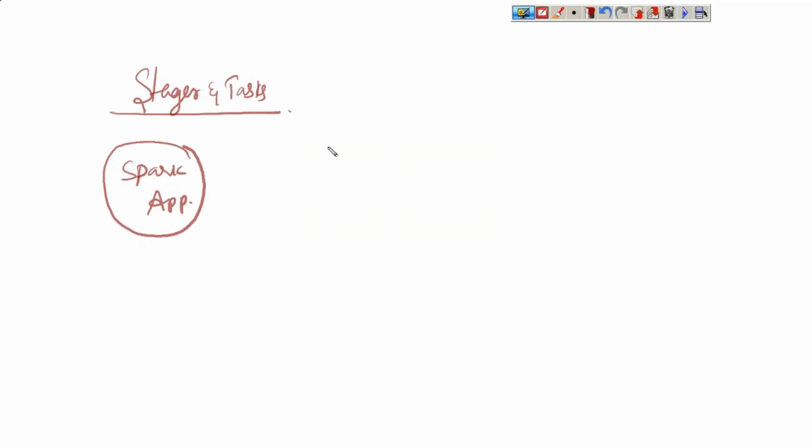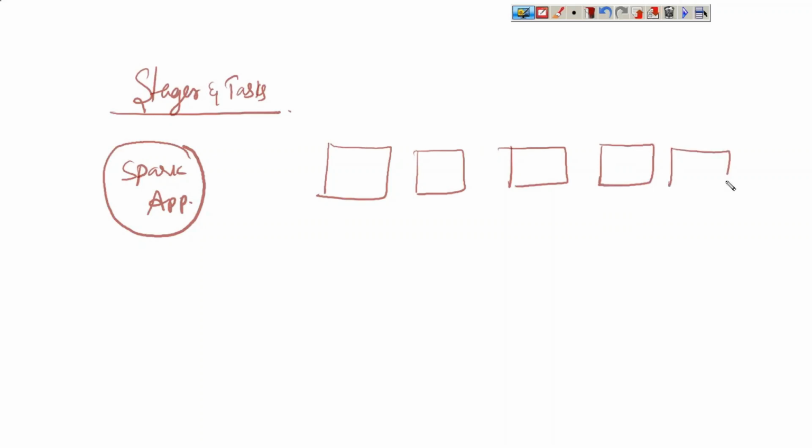So here, let us say we have some nodes. If you are reading from HDFS, it can be a local file system, or HDFS, or any other file system, or a standalone system, whether we are running on YARN or whatever it may be. So let us say we are reading from HDFS.